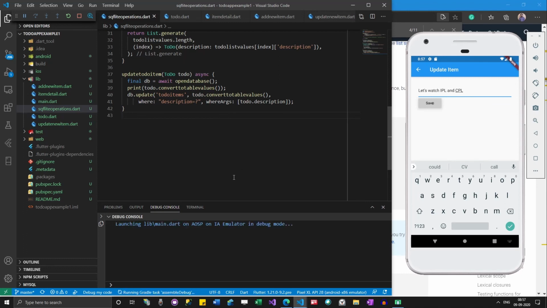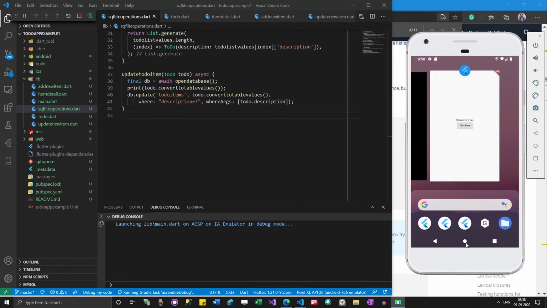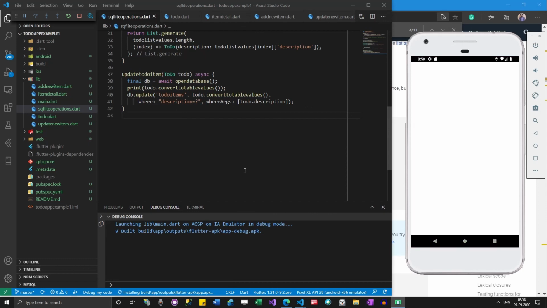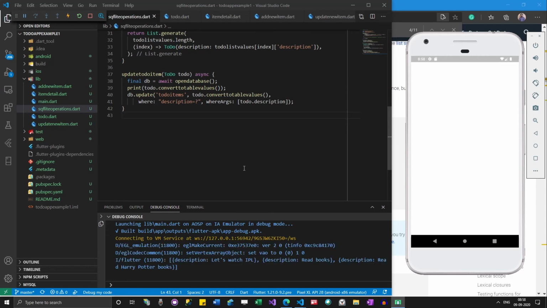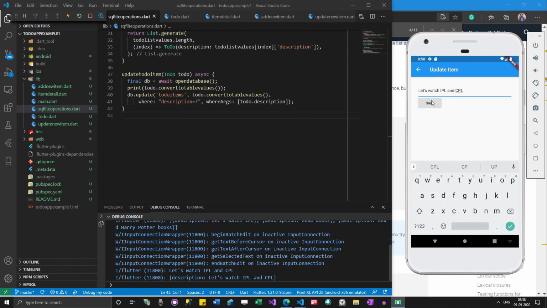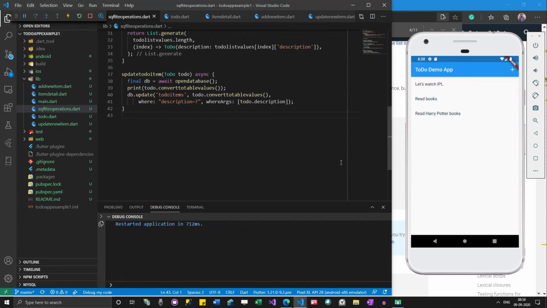Okay, let's go here and see if it works or not. Okay, it hasn't worked.